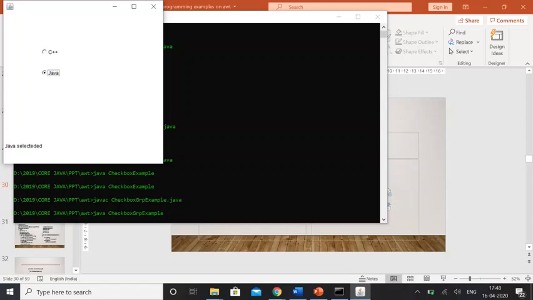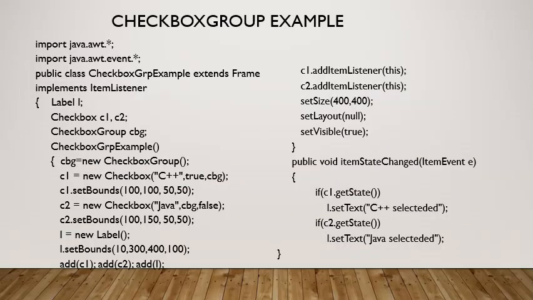Here both cannot be selected, nor can none be selected. You will have to select any one of them. If I click on Java, I get the message "Java selected". It is the same program, so it will not be complicated, only the constructor we are using is different.